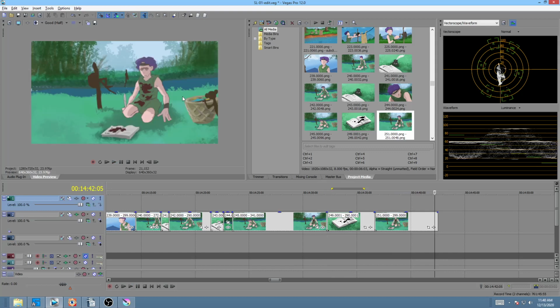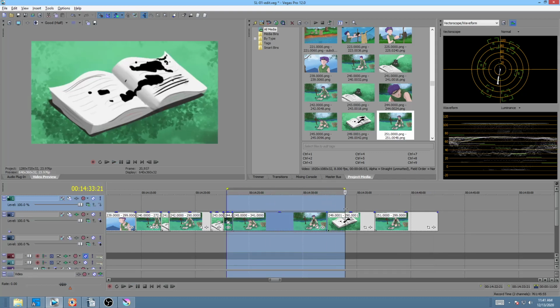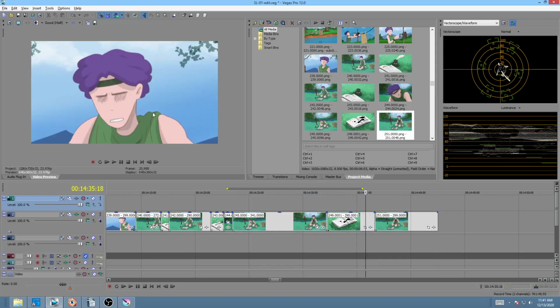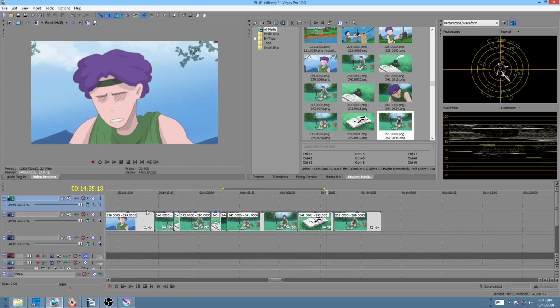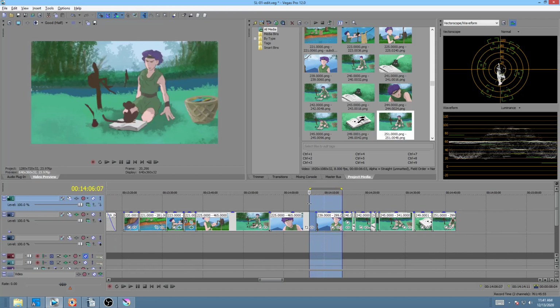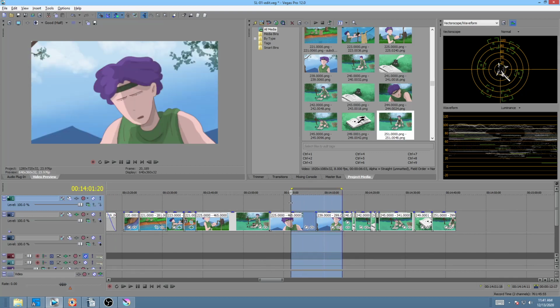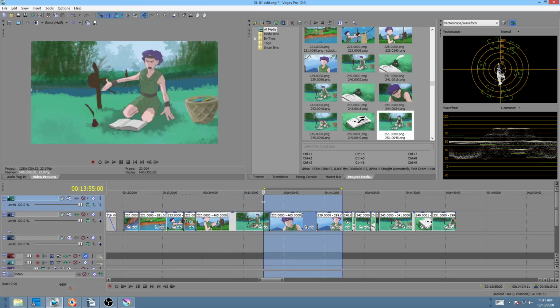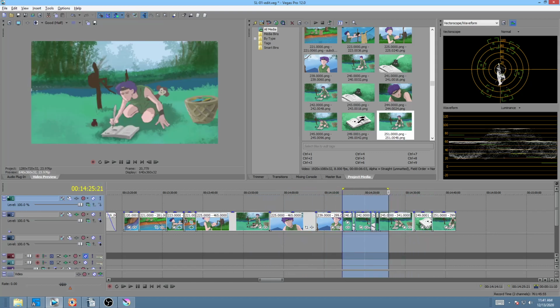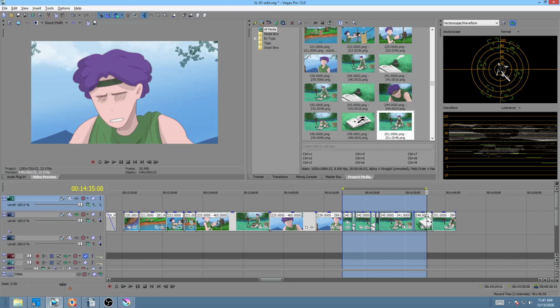Okay, and so that puts Monkey there, and then we'll cut to the close-up of Mel where he's going to be getting pretty angry at the monkey. So we're going to actually come back to this shot again and have him just turn his head. Now, I will say, let me look back here and see if there's anything we can reuse. Not really. Not really. So what we're going to have to do is take this shot